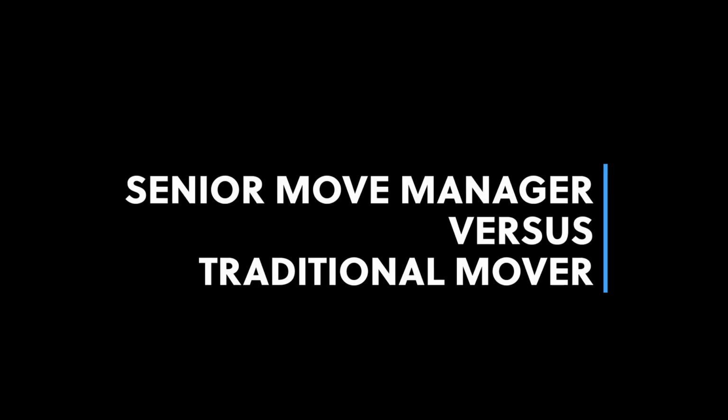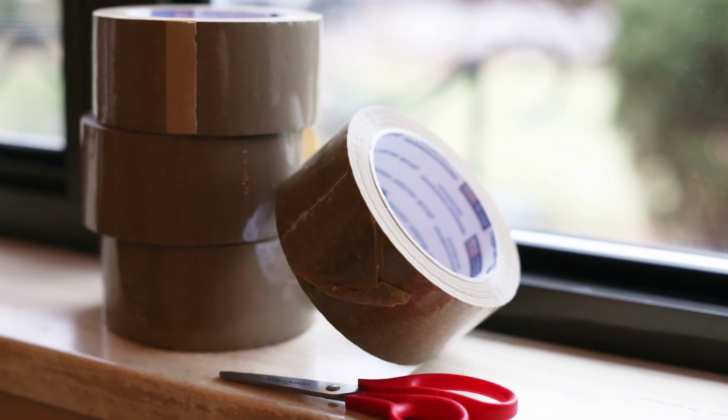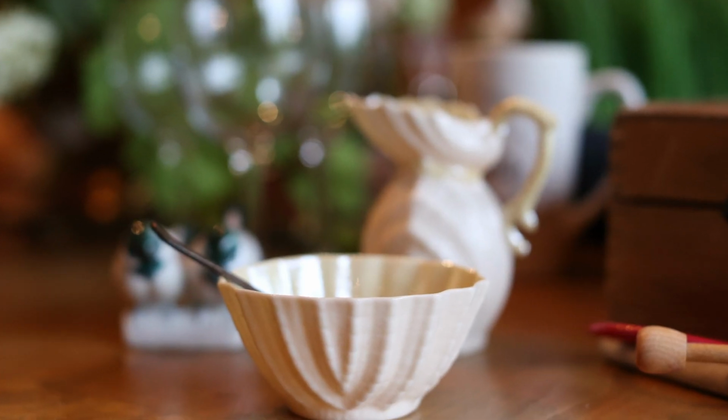Right, daunting for sure. So how is a senior move manager different than a traditional mover? So we do a lot more than just a traditional mover. Movers will take stuff from A to Z in a truck. Sometimes movers will pack and they will unpack. But that looks very different than a move manager. A senior move manager really takes the time and the energy of planning a move up front. If you just hire a mover, it's usually you call them, you give them a date, and they show up on your door. Right. What a move manager is going to do is we are going to take the time